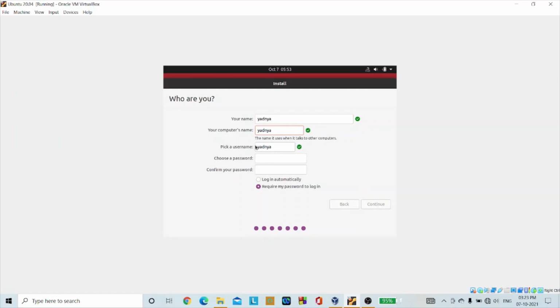Okay, and I would keep the username as it is, and then you could choose a suitable password. You could put any password of your choice. Yeah, then it is showing as good password. You could repeat the same to confirm it, and then click on continue.